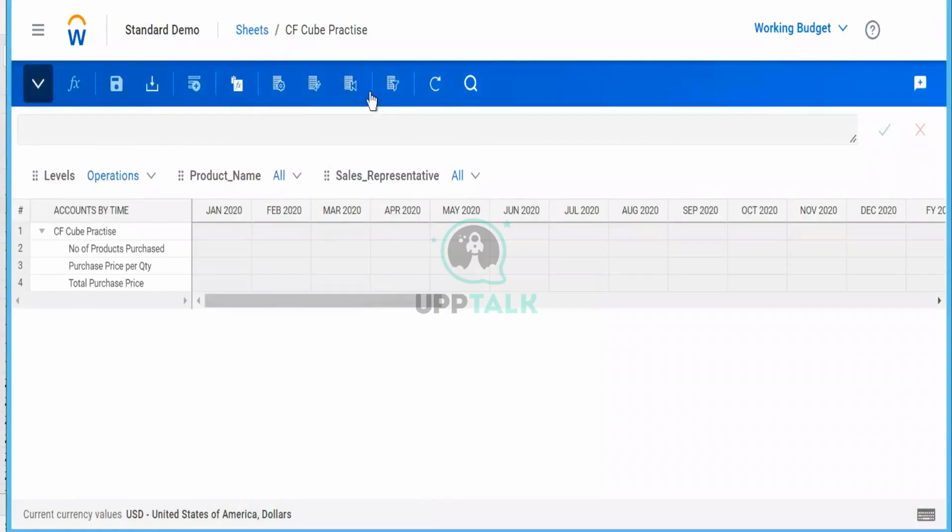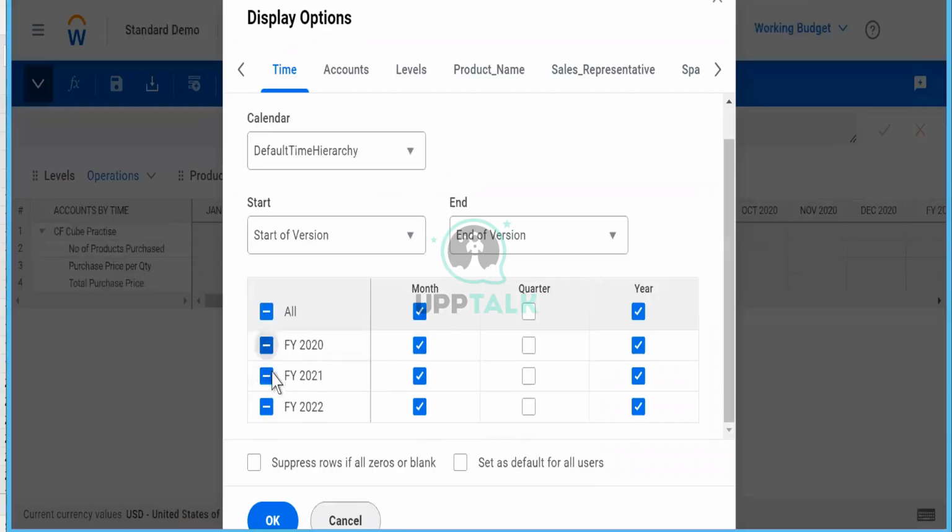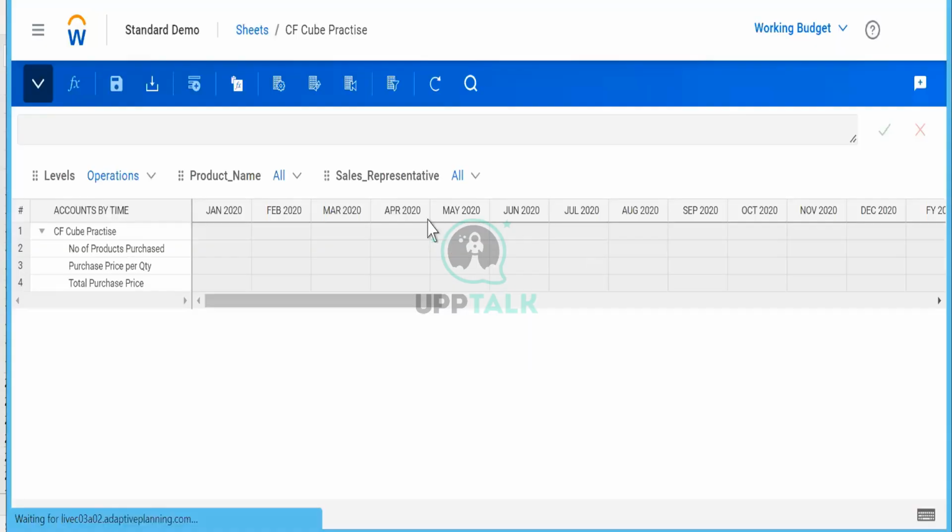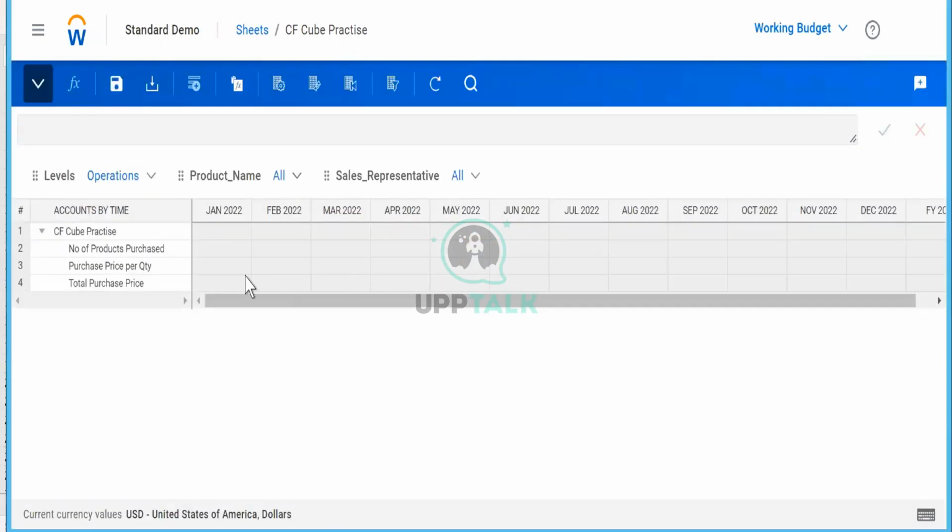I want the data only for 23 because I want it similar. Let's say 22 is for me. Can you notice the change? Yes, it is the same format.